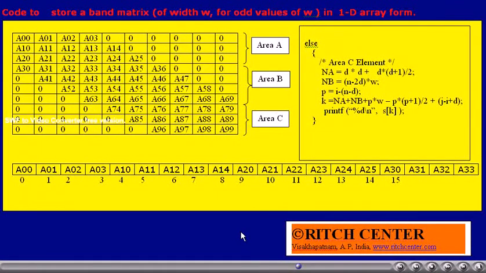How many elements are there in these P rows? Simply, that becomes W minus 1 plus W minus 2 plus W minus 3, etc., W minus P elements. So that becomes P into W minus P into P plus 1 by 2. Thus, total elements before this ith row becomes NA plus NB plus P into W minus P into P plus 1 by 2, plus, now J minus I plus D. If I add, the total K value becomes the index with respect to the 1D array of the required element, which can thus be accessed.